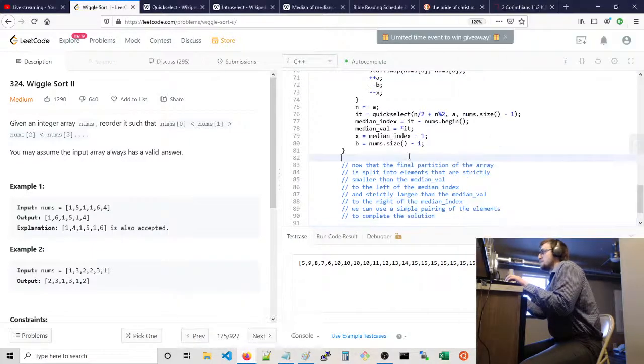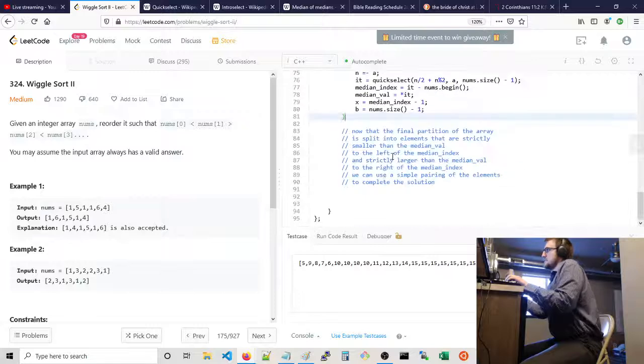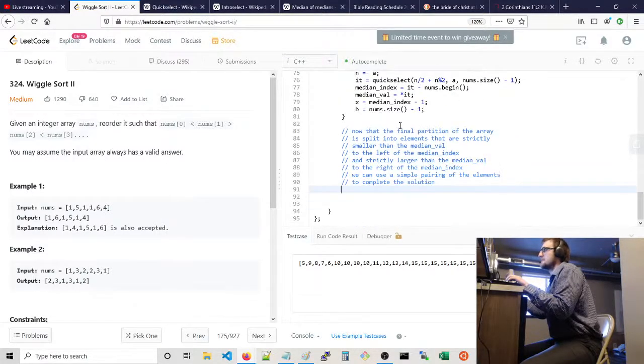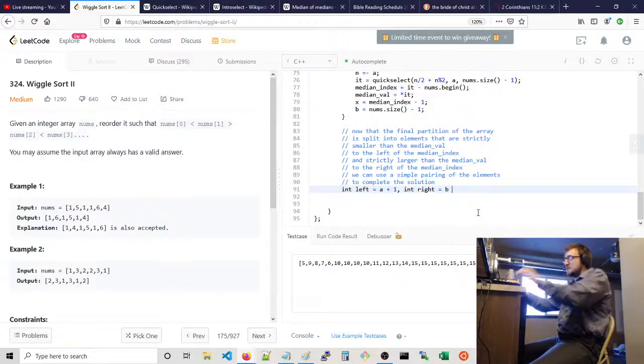Simple pairing of the elements to complete the solution. It's a mouthful, a lot of explaining. So, int left, int right. Left starts off at 1, which is really a plus 1, and right starts off at b. So what do we say? It's n plus